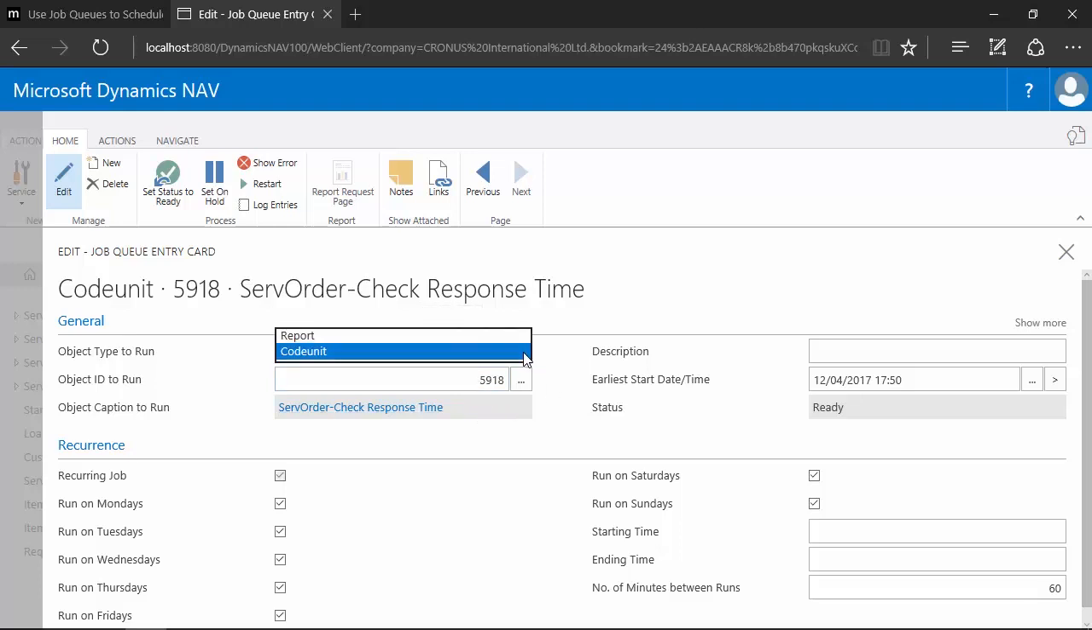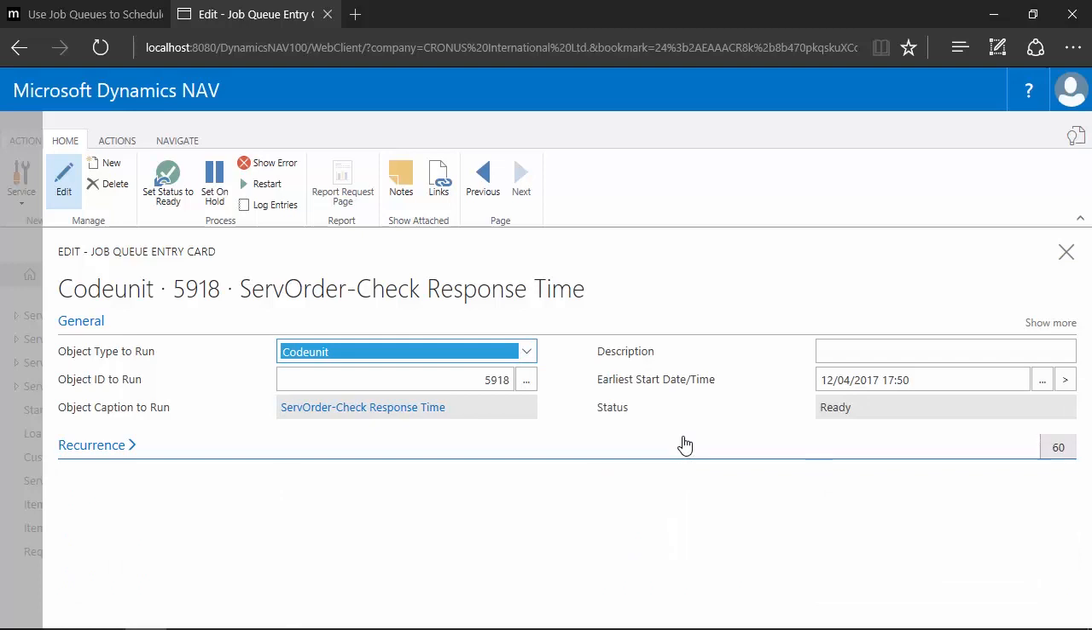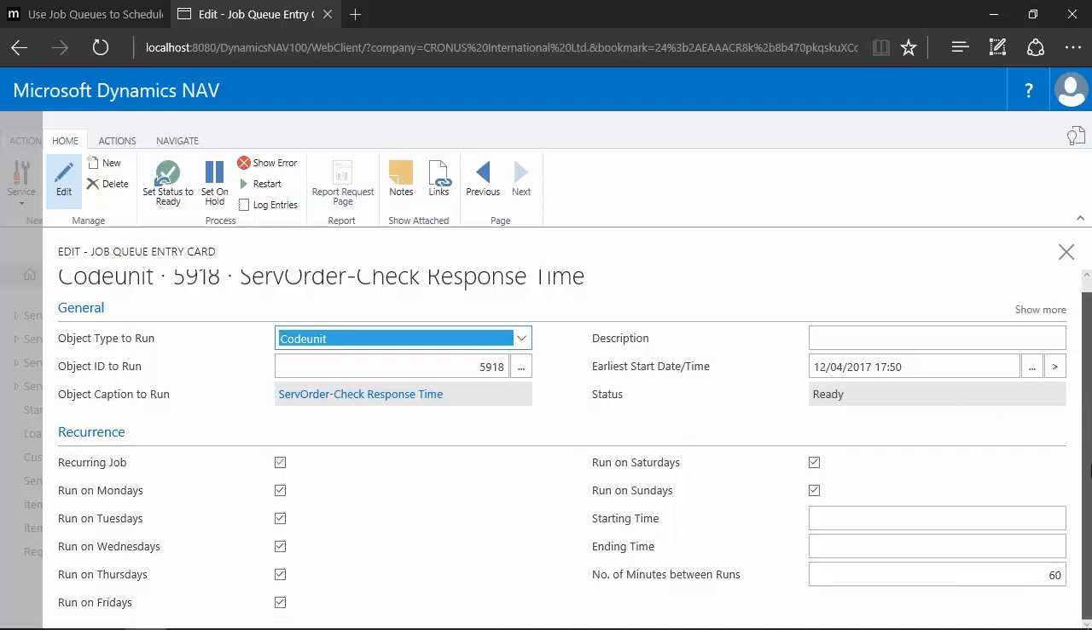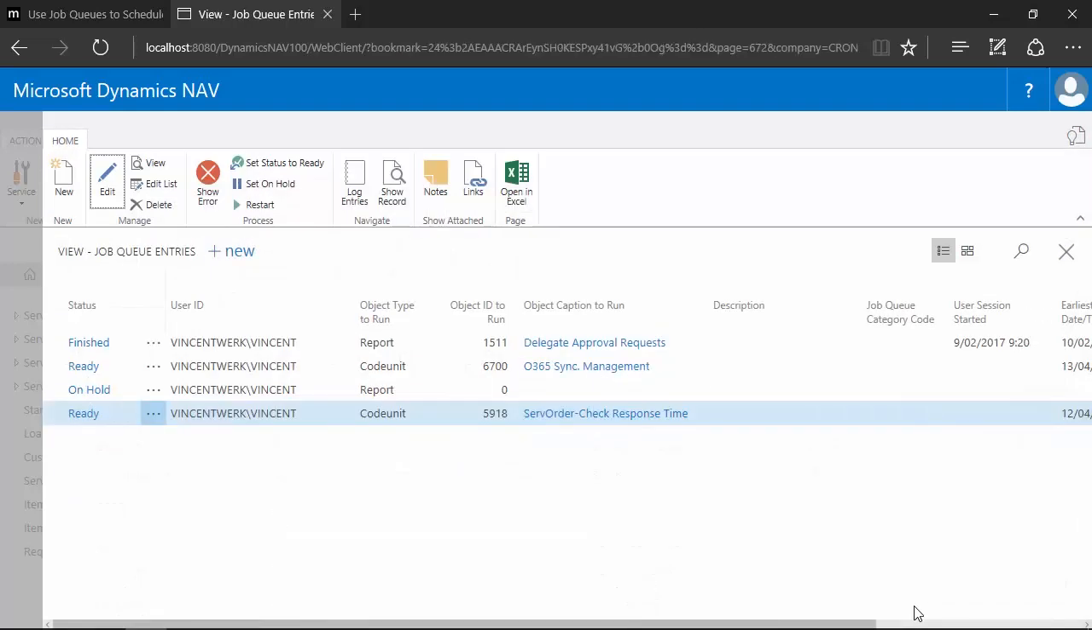You can also specify reports if you want, but in this example, it's a code unit. You see that you can configure it to start at a specific moment. And then recurrence, you see here, you can really define on which days and which times and with which recurrence, in this case 60 minutes between runs, that this needs to execute. So you see here, this one is